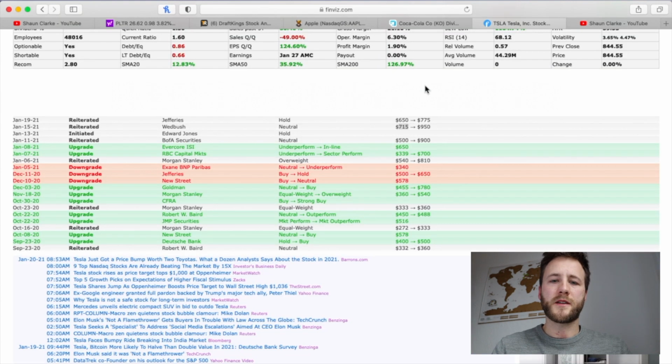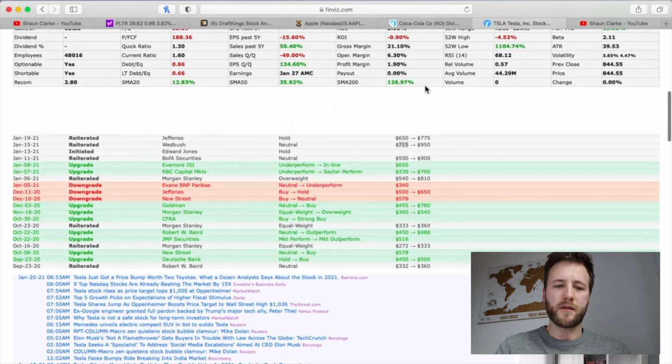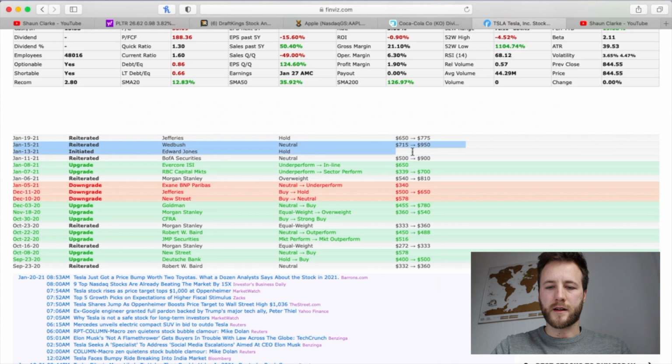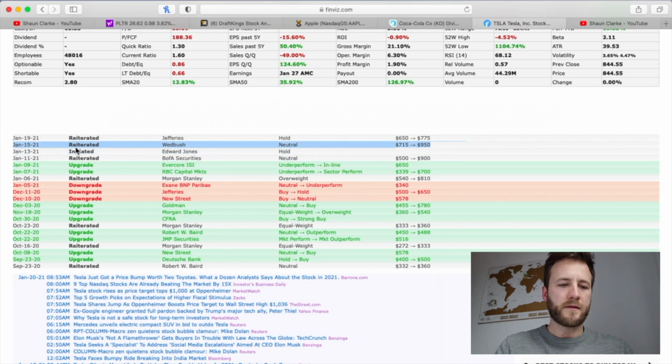Now what I really like about this website is if you scroll further down, you have these price analysis adjustment thing, don't really know how to say that, but basically they are estimating the price of that particular stock. So we can see here on January 15th as an example, I'll try and highlight it like a human being. January 15th, Wedbush, which is a company, I'm guessing, a financial company,